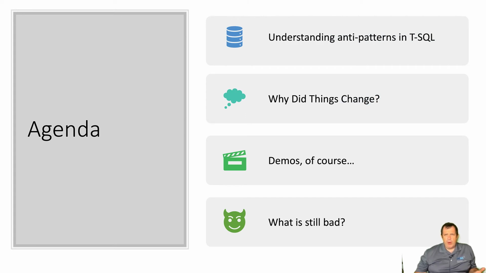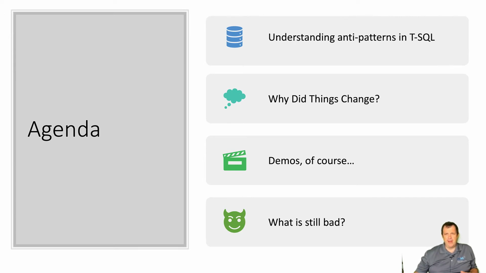So here, what we're going to cover today is understanding some anti-patterns in T-SQL. There are a number of things that throughout time we've always come to recognize as anti-patterns, and some of those things will probably remain anti-patterns forever. But we're also going to talk about other subjects like scalar functions and table-valued functions that were formerly anti-patterns but now work. I'm not going to say they're best practices per se, but they work really well in SQL Server 2019